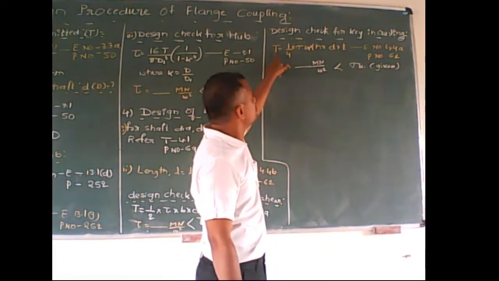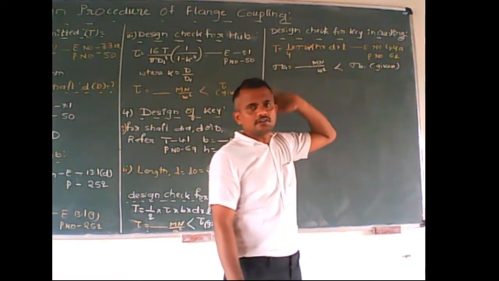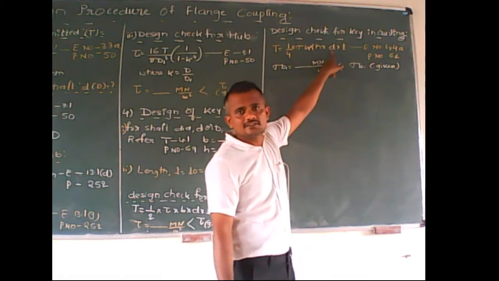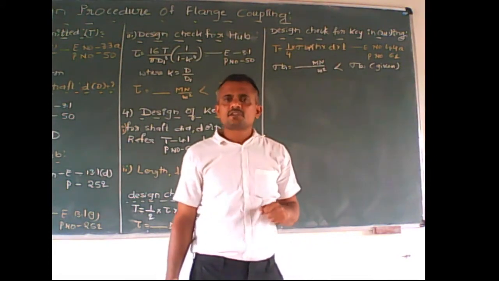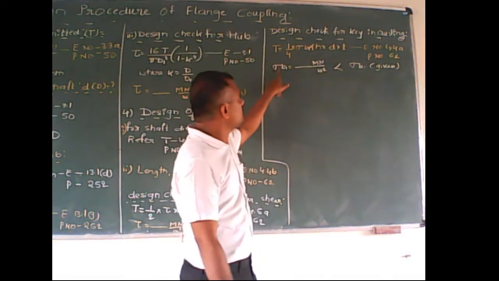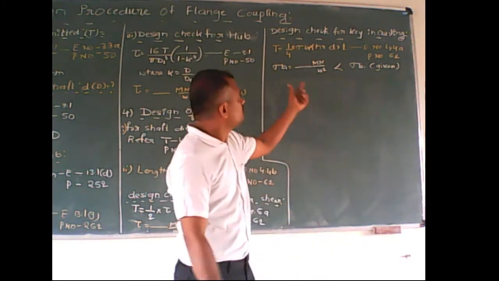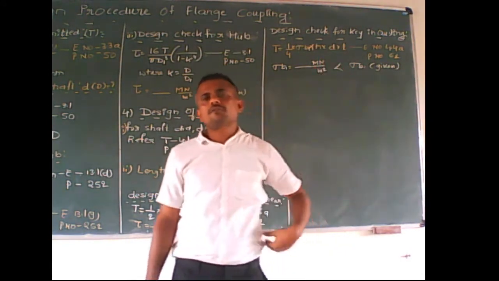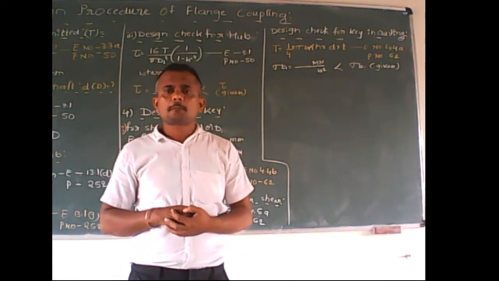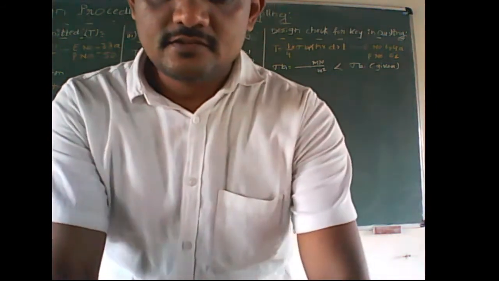There we can use the equation T is equal to 1 by 4 into sigma B1 into H into D into L. After substituting T, H, D, L, here small d means capital D, or the diameter of the shaft. Therefore, after substituting all this, we have to calculate sigma B1, which should be compared with the given value of sigma B1, that is the crushing stress of the key. Okay, so after that we have to go for the design of a flange.